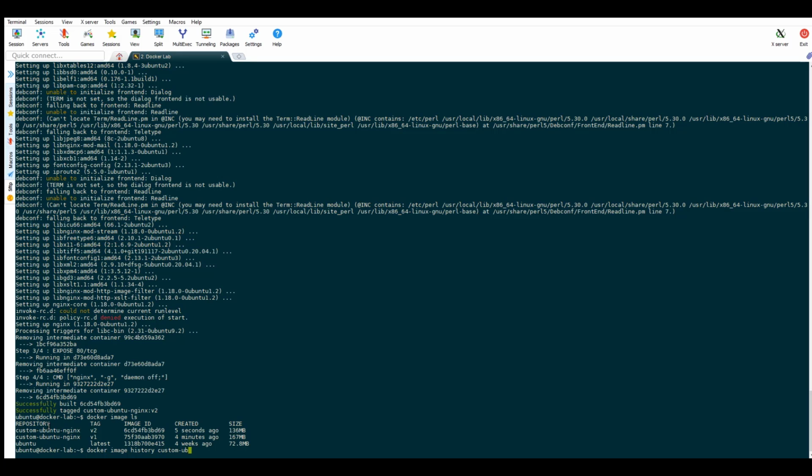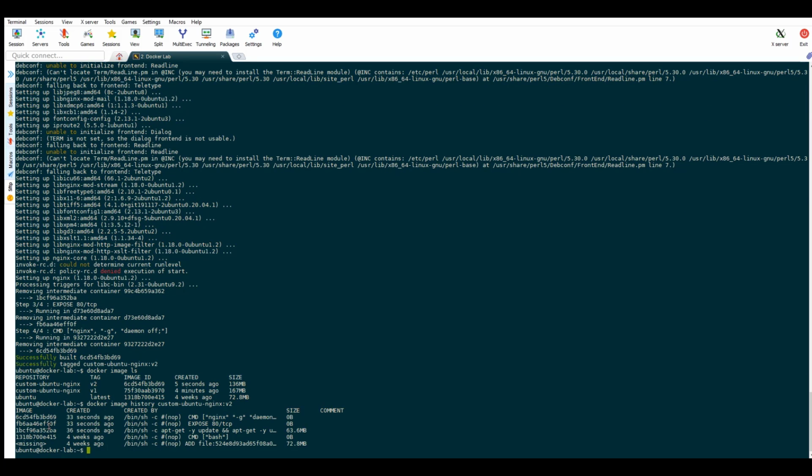We can check the build history using the docker image history command, and we can see that there are fewer instructions to create this image. As we have mentioned earlier, fewer instructions were used to build this image, and as a result the size of the container image is less than that of the previous one. So this is how we can create more compact Docker images. If we recall the sizes of the layers of the last image and add them up, they will not add up to the new layer that has been created on the new Docker image.